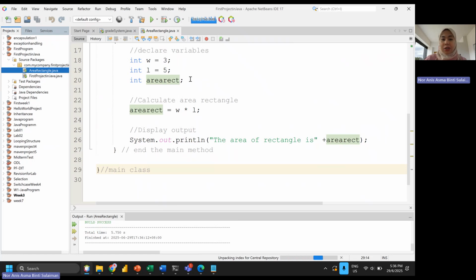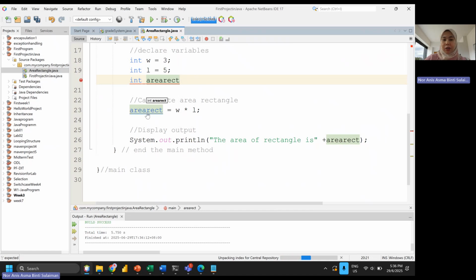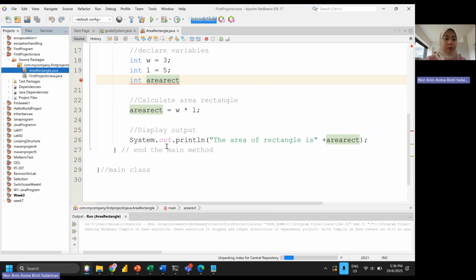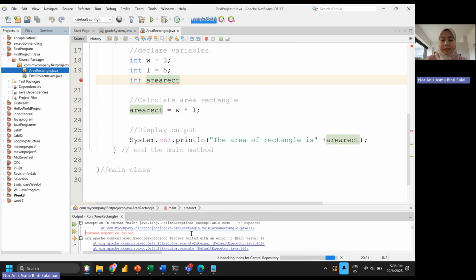For example, I remove a semicolon over here. Then I try to run to see. Okay, so when I run, you can see from the compiler status, it will give you a message that the command execution failed. So the compiler said there is some value missing.